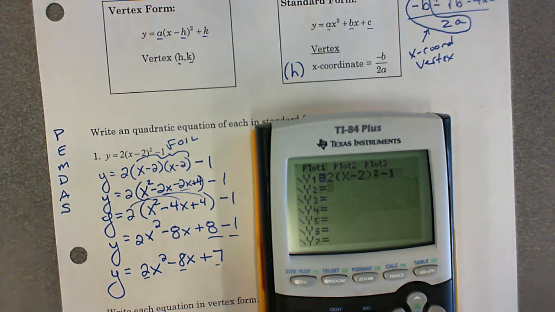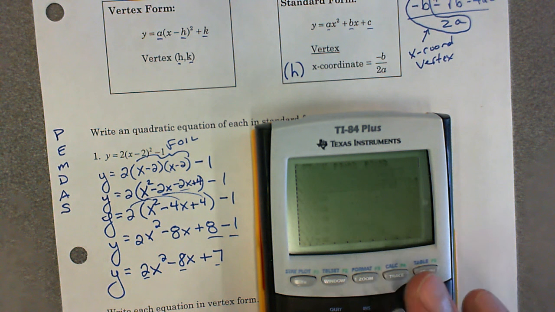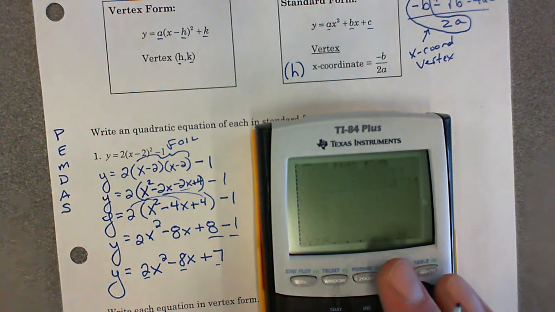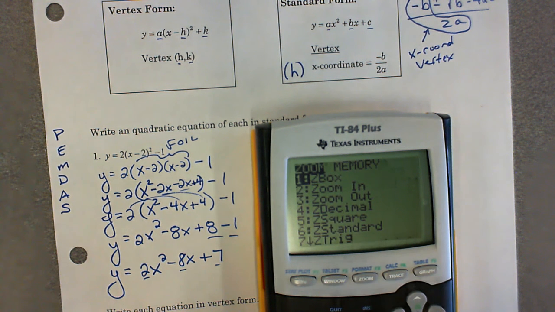I'm going to take my new equation, 2x squared minus 8x plus 7, put in my second equation. Then if I hit graph, and I rezoom this, and I go zoom 6,